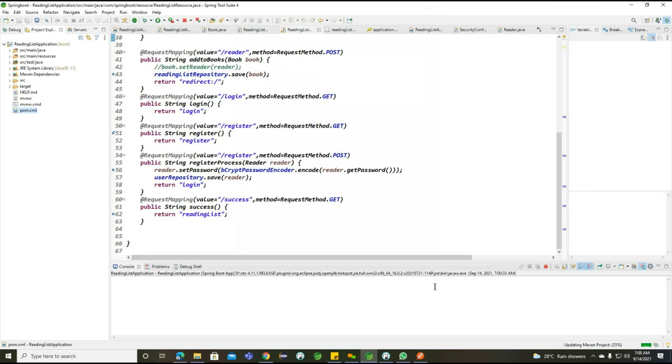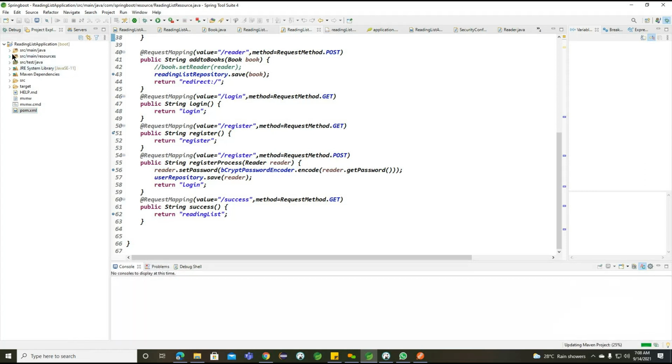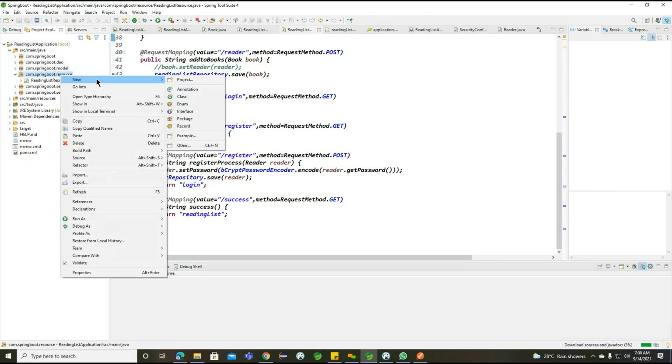Once you finish, the Jersey related starters are going to be downloaded into our application. Once these starters are downloaded, we'll work with one more resource class. Here we are connecting the reading list resource, and here we'll go for